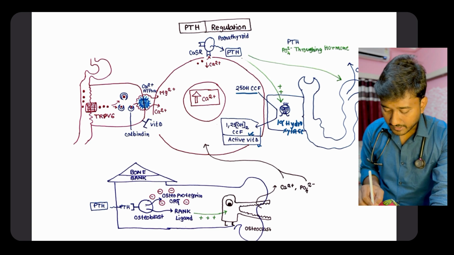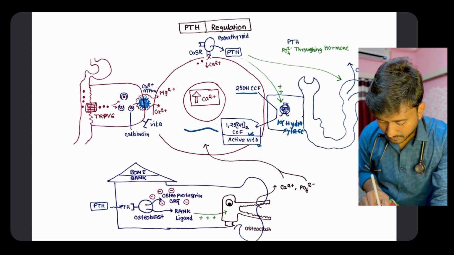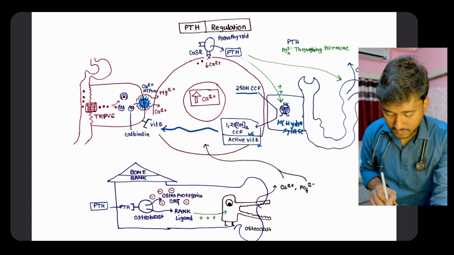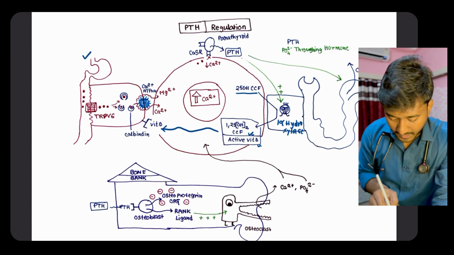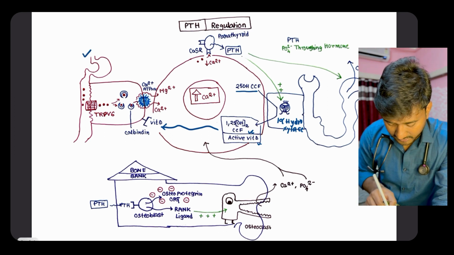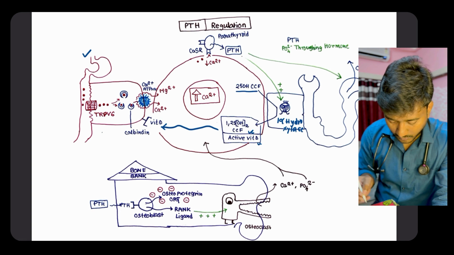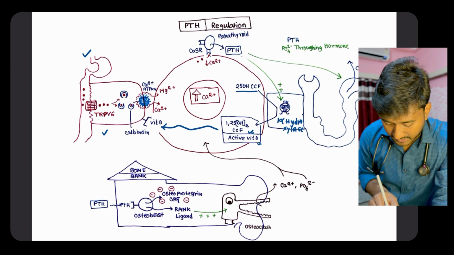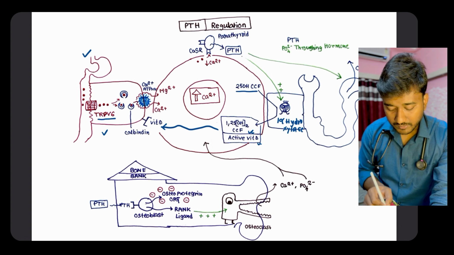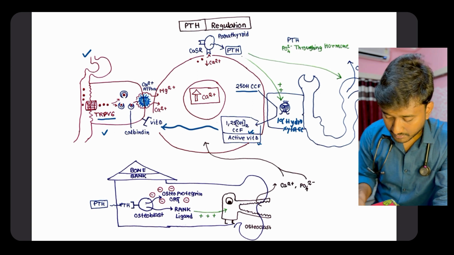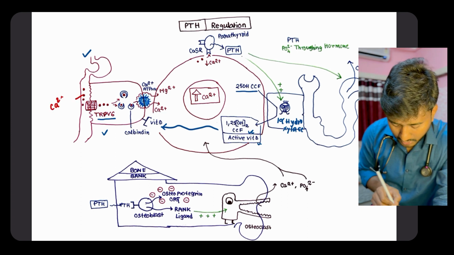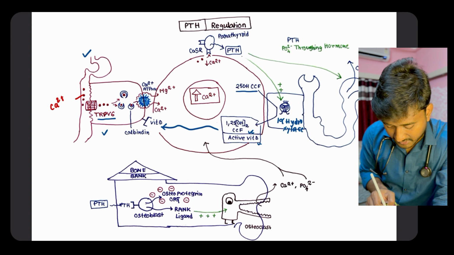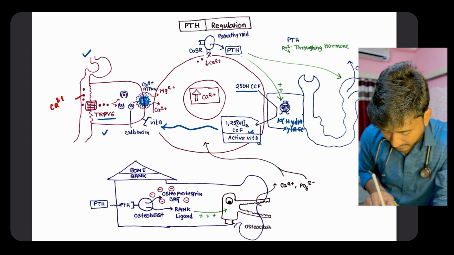So what is the role of this vitamin? The vitamin goes and binds to the receptor present in your duodenum. Remember, this is your GI tract, and this is the duodenal cell. In the duodenal cell, it leads to more expression of TRPV6. Via TRPV6, your calcium is absorbed. Look, these are your calcium molecules. The calcium absorption increases via TRPV6 upregulation, as well as